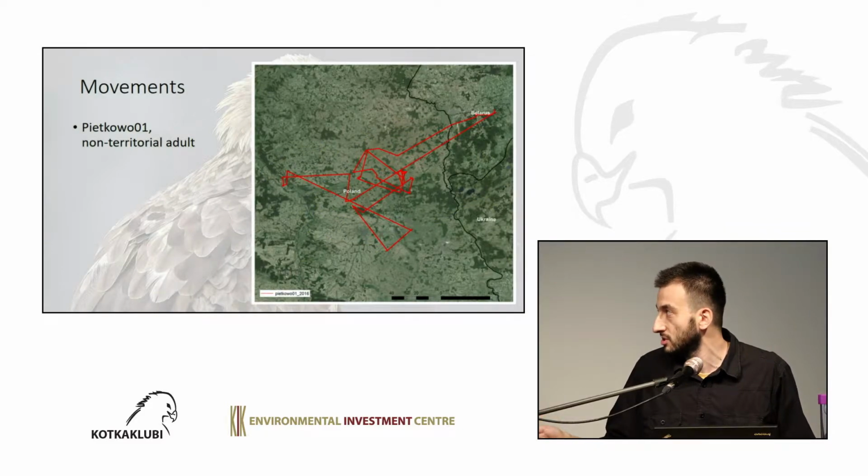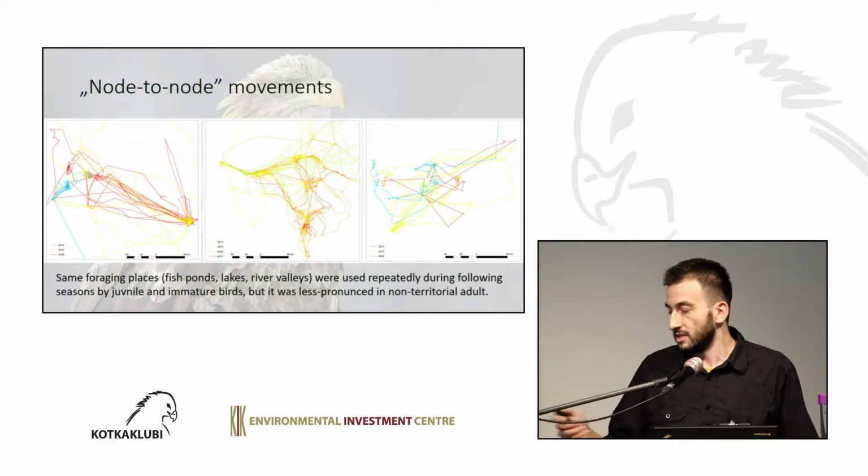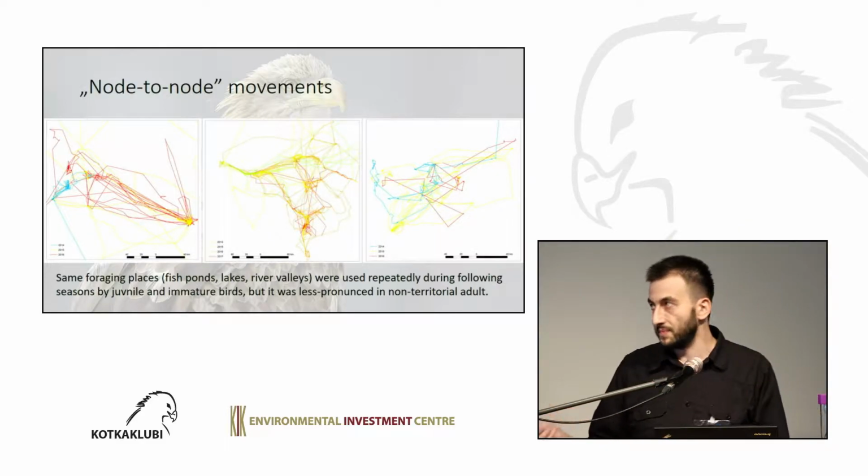And then the logger stopped transmitting because it was already retrieved, tagged. So it was found here, released here, and never came back north, and never bred, and it changed its location. And generally, if you would